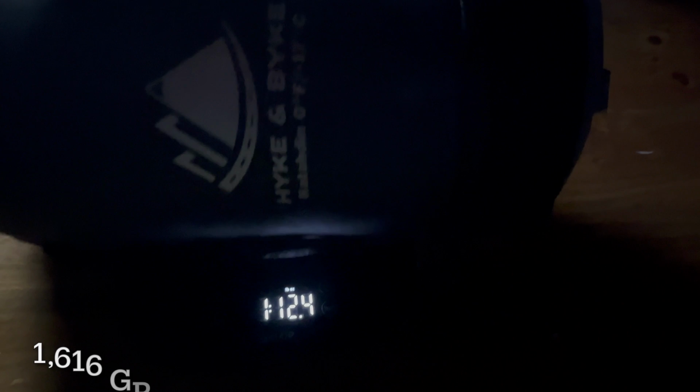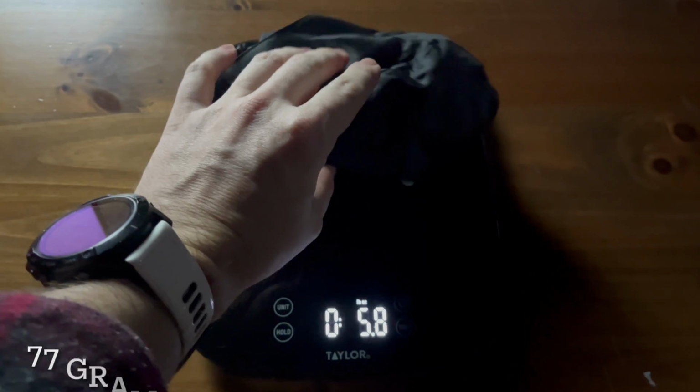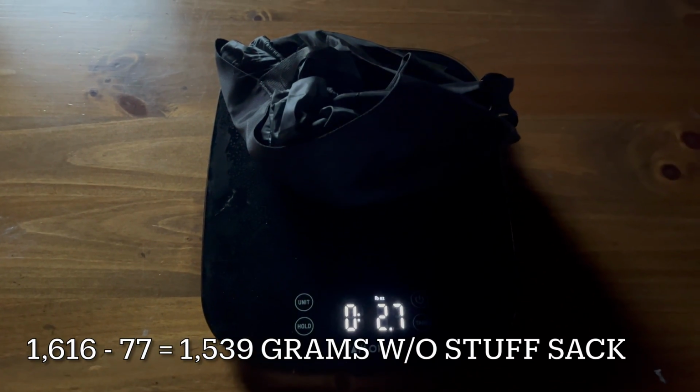You can get it in a duck and goose down version, and they're only a few ounces lighter at 3 pounds 6 ounces and 3 pounds 2 ounces. So to save quite a bit of money and get a synthetic down option only costs you 7 ounces, but saves you probably $100 or more. When I put this one on my scale, it comes in at 3 pounds 9 ounces. So right at what Hyke Byke says that it will. The stuff sack weighs 2.7 ounces, which means without that, you'd come in at about 3 pounds, just over 6